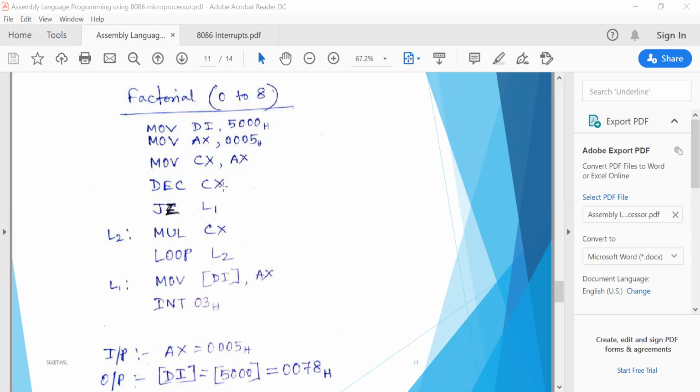I have not used any other number except this 5. So that's why I have taken this number into two registers simultaneously. One is in AX, another number is in CX, so that if CX register content is decremented by 1, CX can hold the 0004, so that we can multiply it. Okay,